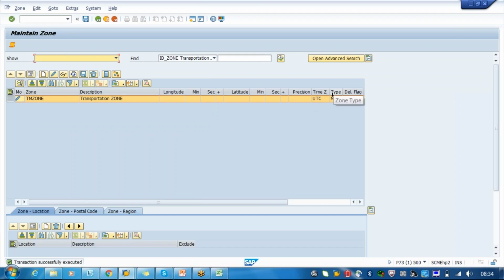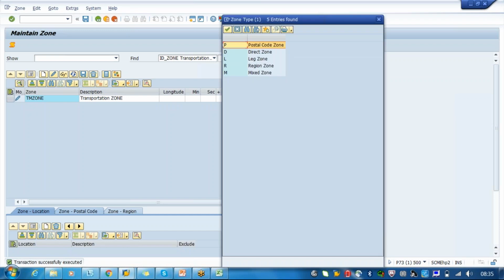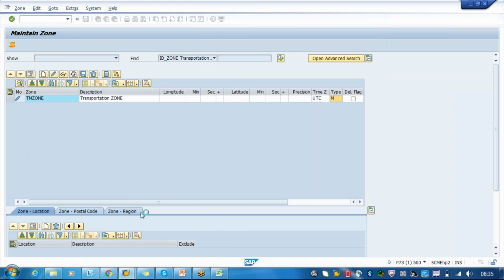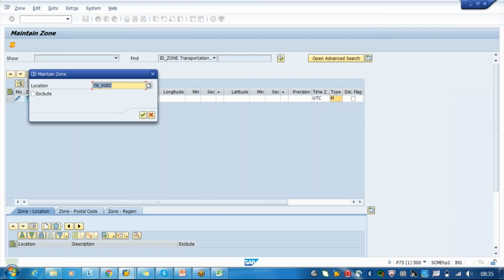Okay, so normally it will be created with a type M. We will have different types: one is postal code, one is direct location, one is region, and one is mixed zone. So what is the difference? If you are creating with locations, for example, you come here and add different locations.